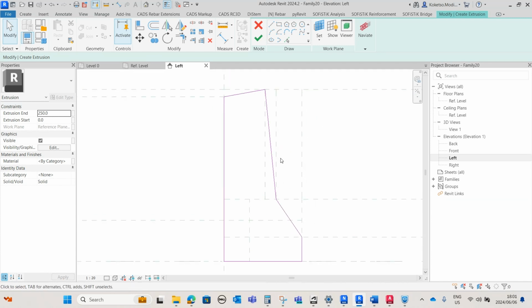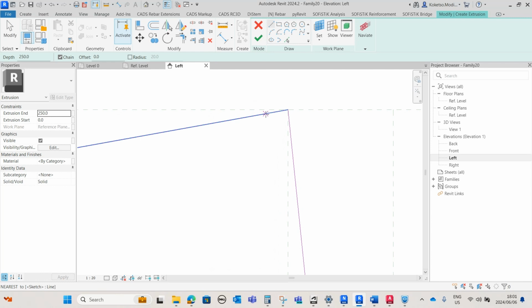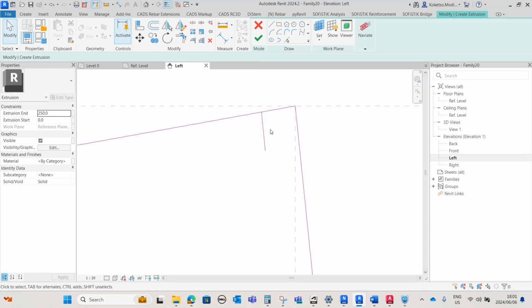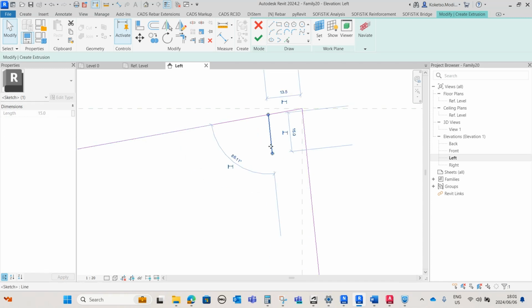Now the only thing left is you're going to have to set up our chamfers on these 2 points. Our chamfers are going to be 25 millimeters for all of them. To set up your chamfers, you can set up temporary lines. Just make sure this line is parallel to this one, and then make sure it's offset 25 millimeters from this